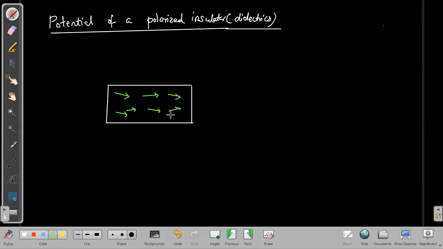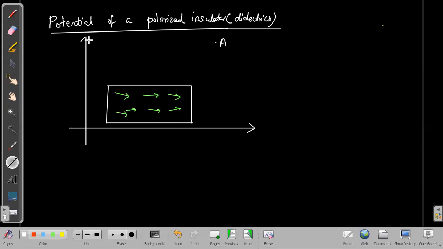I just want to know what is the expression for potential at some point A, which is outside the insulator. Okay, now how to find it? In order to find that, first we should have some coordinate system. So choose some coordinate system. This is the origin. So the vector connecting the origin to the field point,